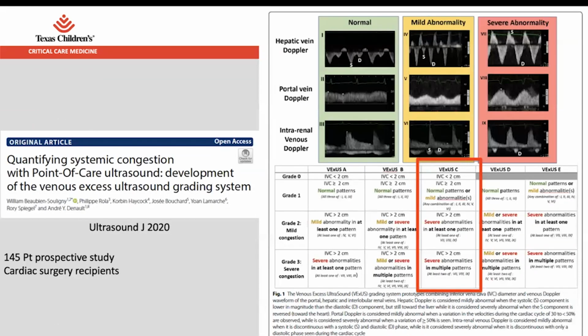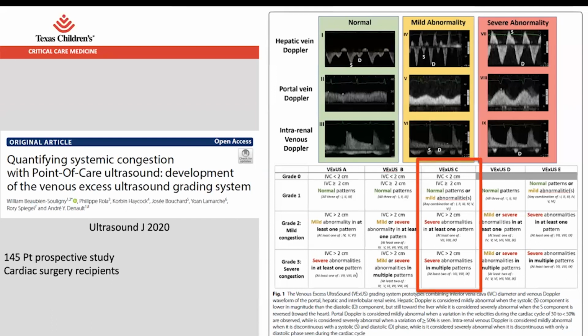The paper looked at 145 patients in a prospective study examining cardiac surgery recipients, and they looked at profiles of those vascular territories, and then came up a priori with several different models that they used. And when they compared the data from these scores with a predetermined severity scoring up there at the top, we'll go over more in depth later, in terms of what is normal, what is mild, what is severe, in terms